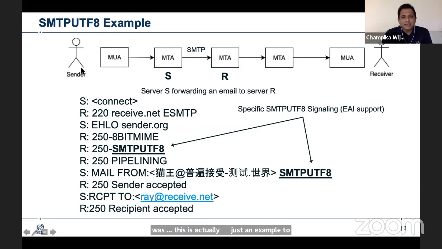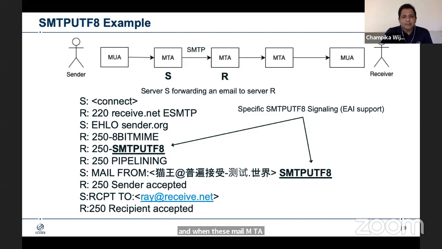So here you can see there's a sender, there's a receiver here, and in between you have a number of MTAs for demonstration purposes. And between those mail servers, mail transfer agents, we have this SMTP protocol. And when these MTAs talk to each other, there is certain